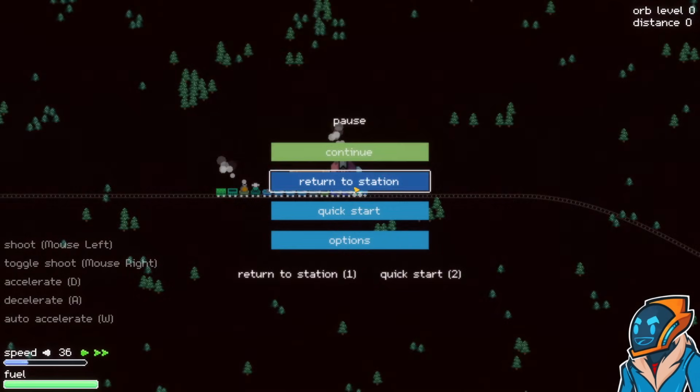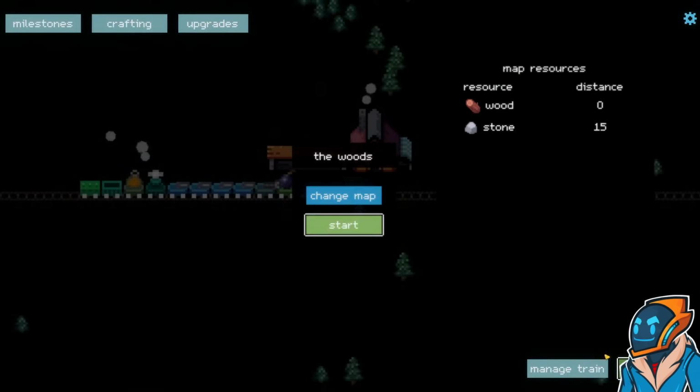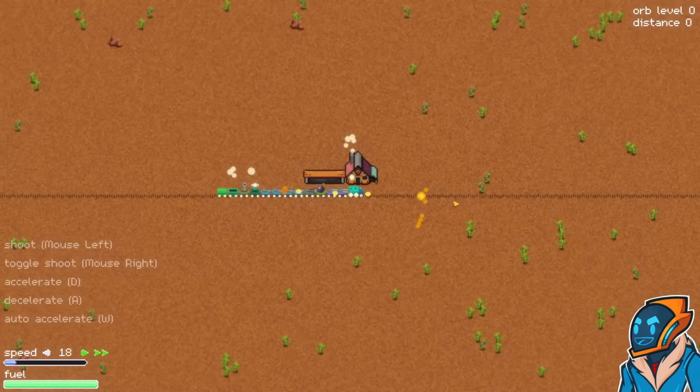Oh, this is not where I want to be. Return to station. We want to do change map. We want to go back to the desert. Okay. So,